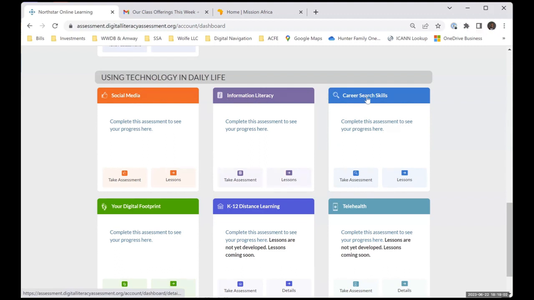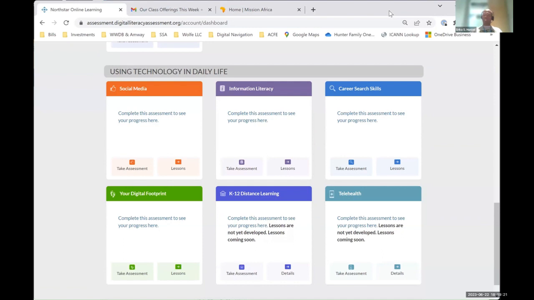Just a quick question. Is there a way you can save it on the screen like an app? Yes, so that it appears on your screen like an app. There is, well, not really. What you could do is, and I won't be able to share my phone right now, when you get to the site, digitalliteracy.assessment.org,